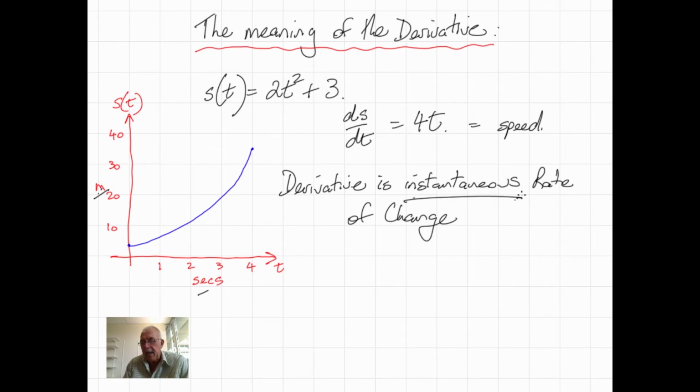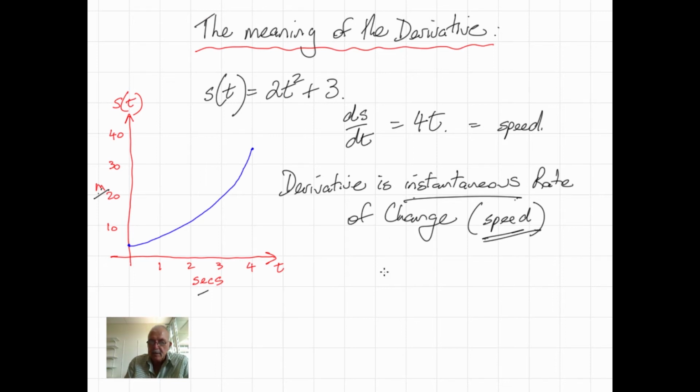That means at any particular instant we can work out the rate of change, and the rate of change in this case was speed. Other scenarios may be flow rate of liquids or temperature rise or whatever it may be. So we're here talking about an example with distance and time, so the instantaneous rate of change we